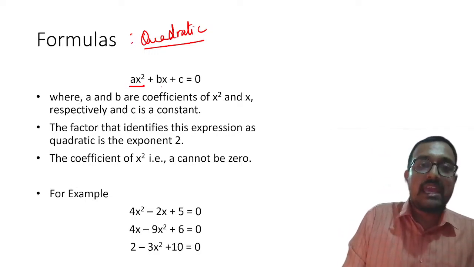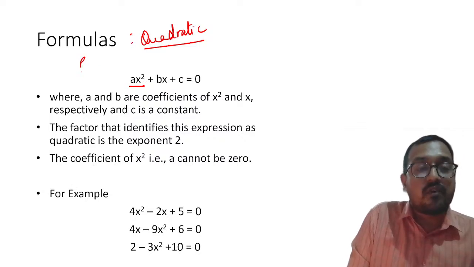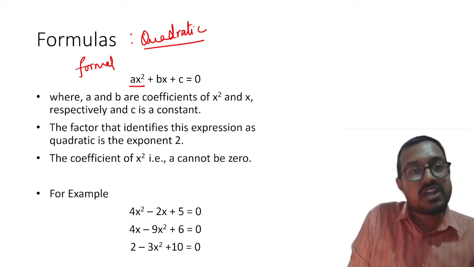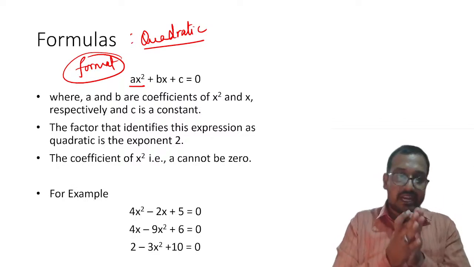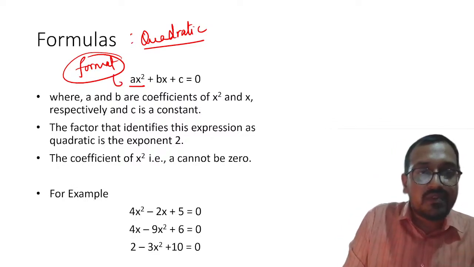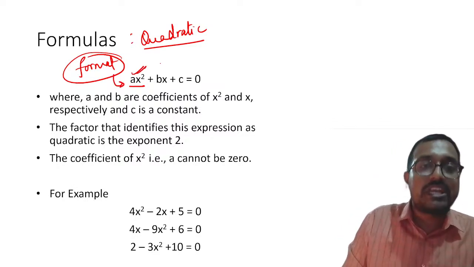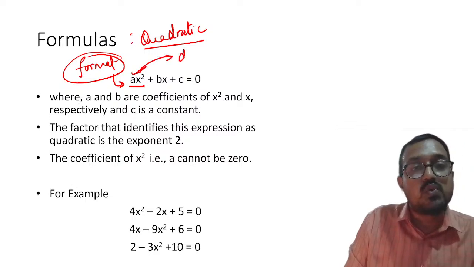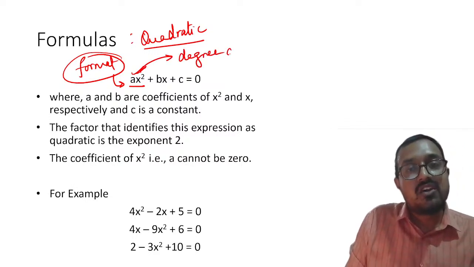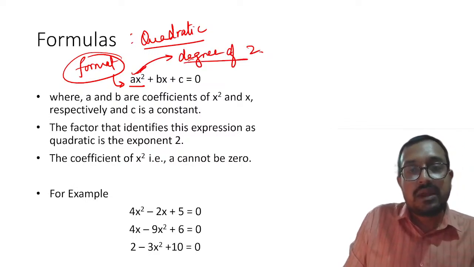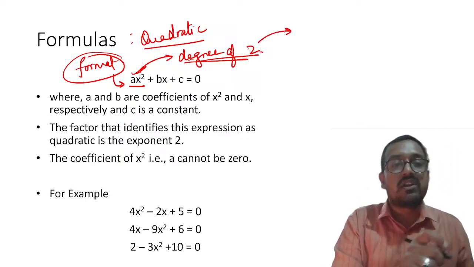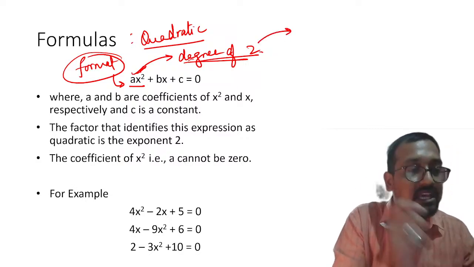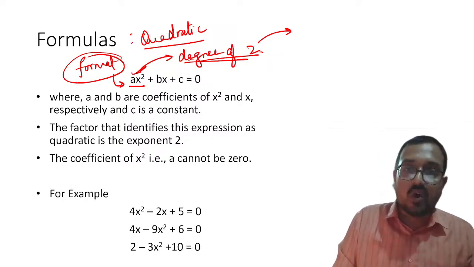Understood? First thing is, what is the format of a quadratic equation? How to identify it? Yes, this is a quadratic equation, that is a linear equation, right? So my dear students, please remember, the quadratic equation has degree of 2. What is there? Degree of 2. Now what is the meaning of degree? Degree means the highest power of x which is available in the equation. So that is why it is called degree.